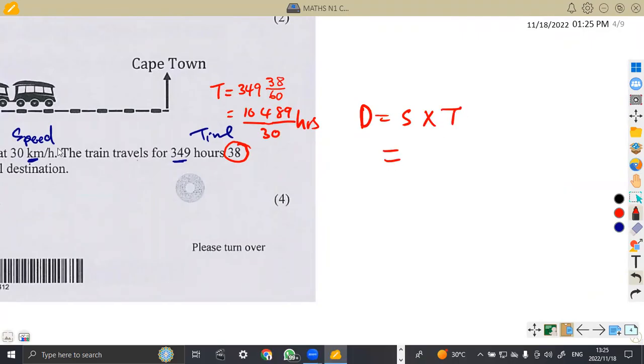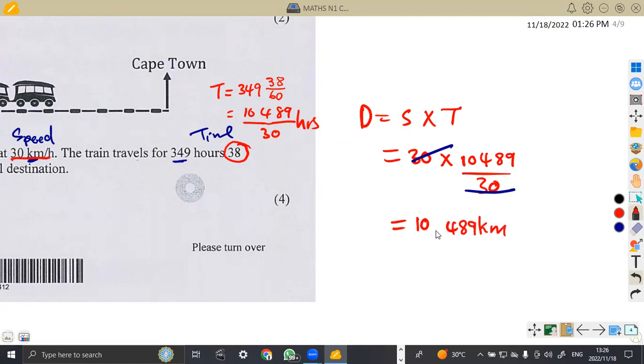So the speed is already in kilometers per hour, which is 30 kilometers per hour, times the time, which is 10,489 that is over 30, which is in hours. So simplifying this on your calculator, this is going to cancel. Then you are going to remain with 10,489 kilometers. Take note, guys, your speed was kilometers per hour, your time was in hours, so this is going